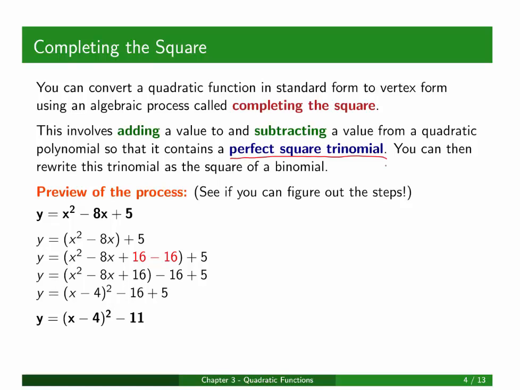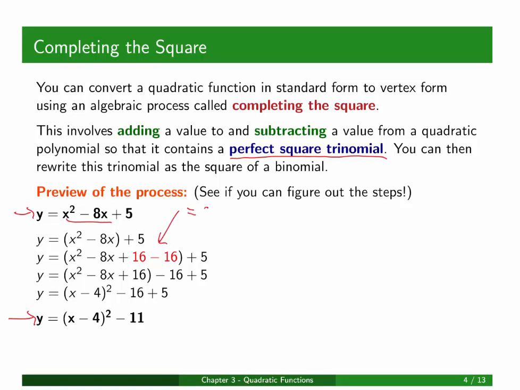Let's look at this question first before we get into the process. Say you're given y equals x squared minus 8x plus 5. To convert this to vertex form, what you're going to do is the following. You're going to group these first two terms with brackets. You're then going to try to create a perfect square trinomial by doing a very, very clever procedure. This procedure right here